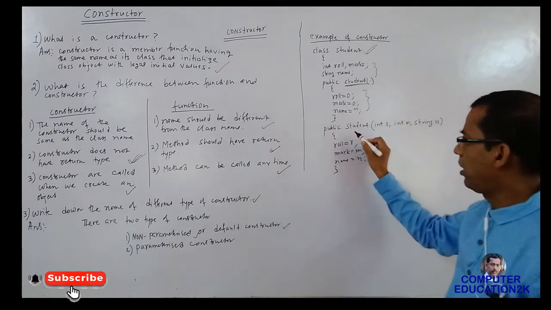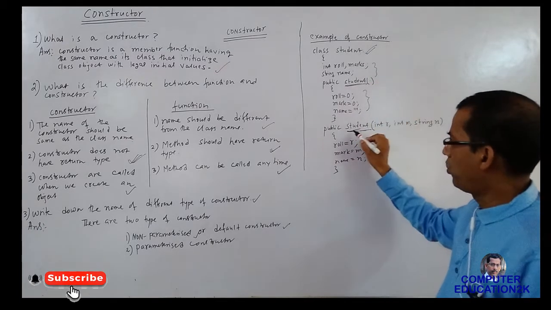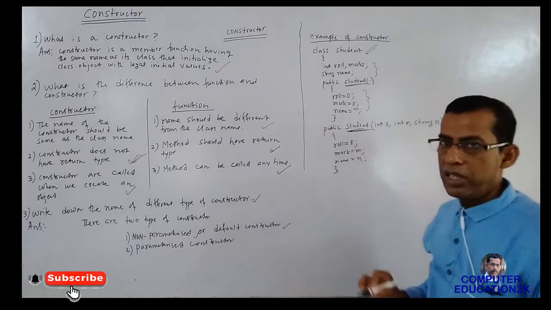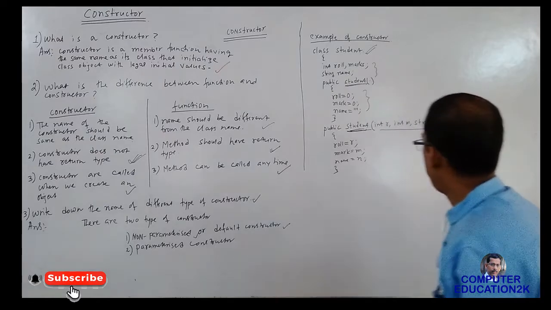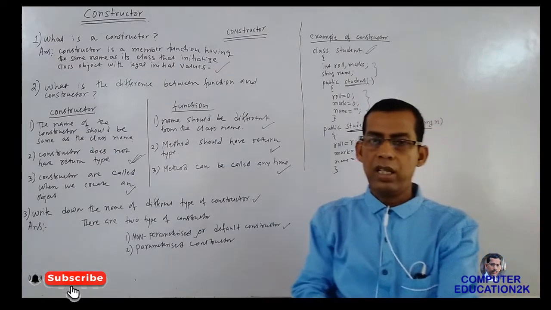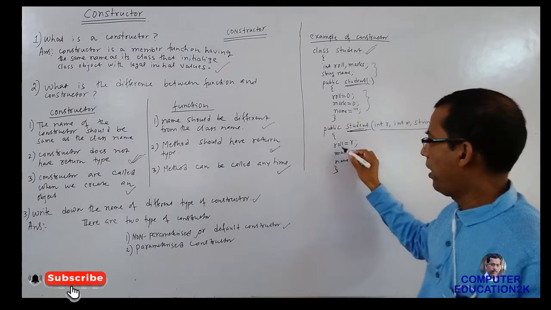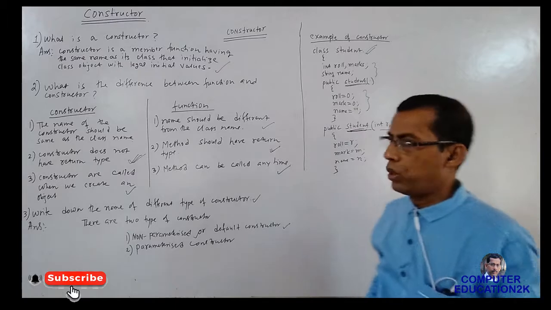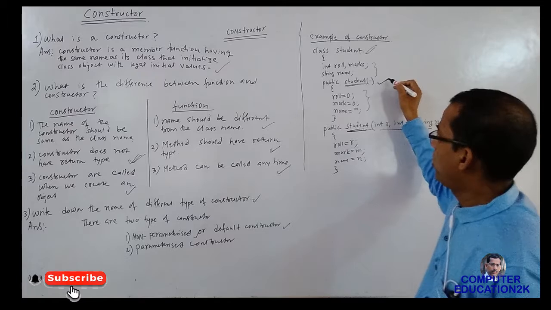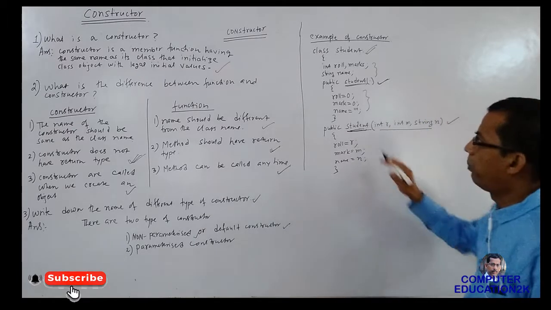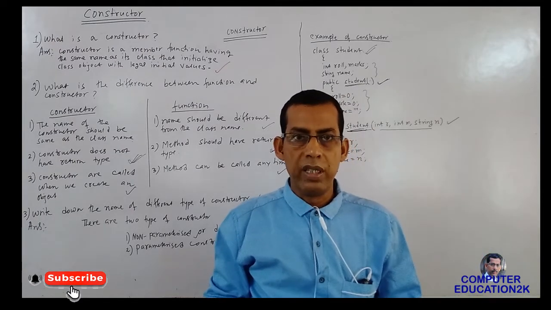And then we have one more constructor. See, I have declared one more constructor. Student, this name and this name is same, so this is a constructor, and this is a parameterized constructor, because you can see the parameters here. I have taken 3 parameters, R, then M and N. So parameterized constructor is also used to initialize the variables. So this is a default or non-parameterized constructor, and this is a parameterized constructor, but both the constructors are used to initialize the variables.